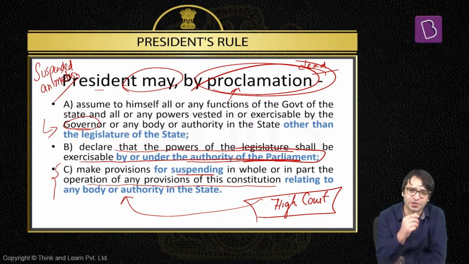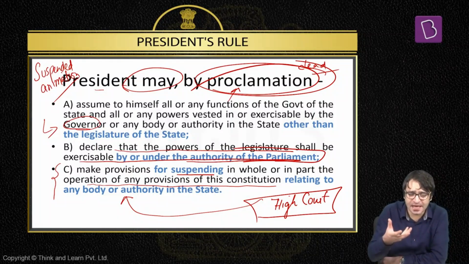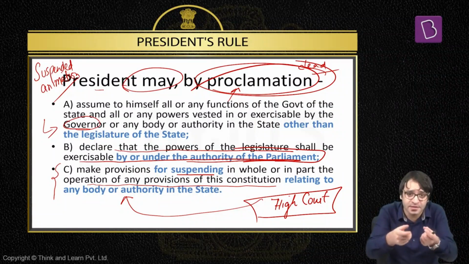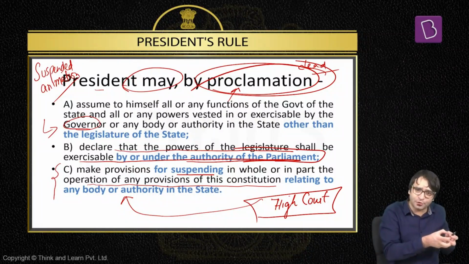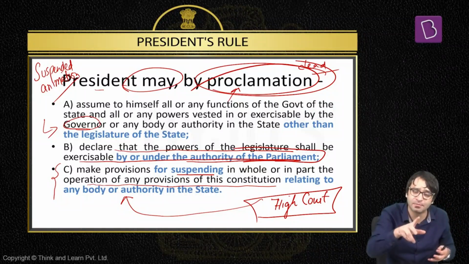In this presidential proclamation, what is mentioned? Number one, that the executive authority of that state, all these executive powers are now exercised by the president. That's what we call president's rule. And now president will exercise all these powers either through the governor or through other advisors that may be appointed by the president. That means president may also appoint advisors when it comes to president's rule in a state. Second, executive powers are taken. Now the legislative powers are either taken over by the Parliament of India or under the authority of the Parliament. These legislative powers are given to the president. You make laws for the state which is under president's rule.